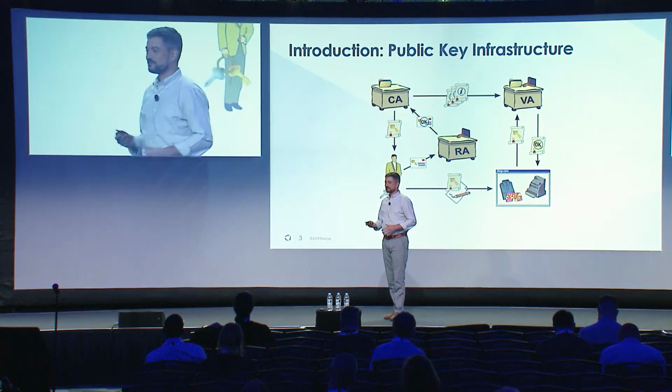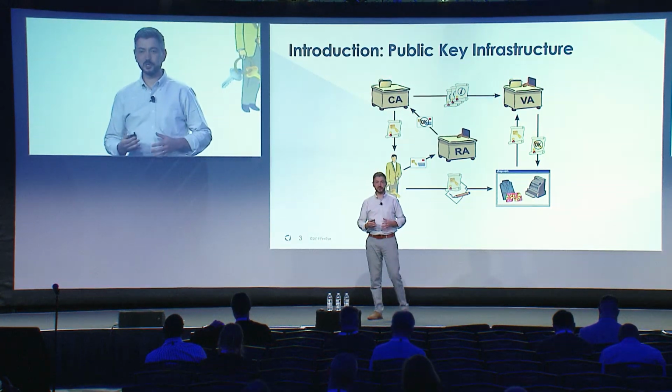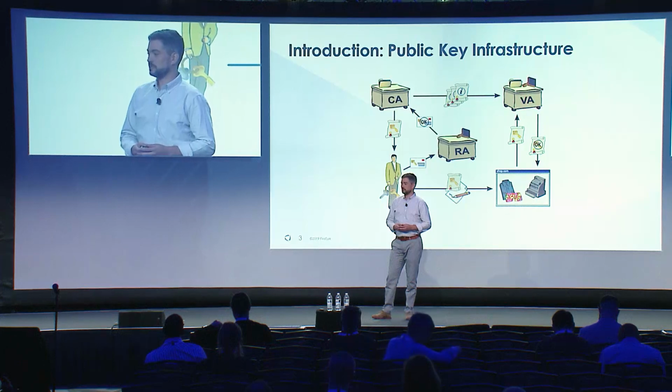So, PKI. This is the standard diagram that you're going to get in your CISSP textbook on PKI. It's very obtuse, does not make a lot of sense. I'm kind of assuming for the rest of this talk that folks have a passing familiarity with PKI. Basically, PKI is the standard by which you can have two hosts or two pieces of data that did not know anything about each other verify something about each other. That's the 1,000-foot view. Specifically, the PKI implementations that most folks in here will be familiar with are TLS, SSL,